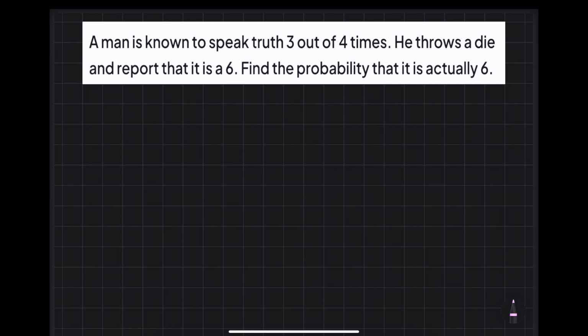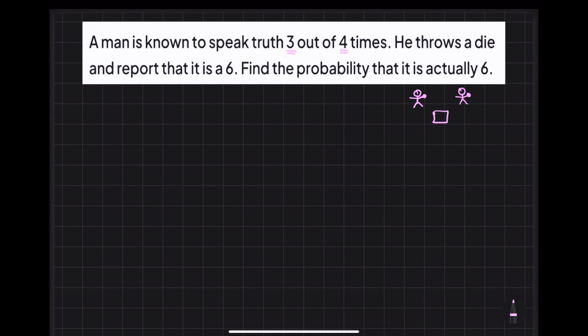So, we got a wholesome new problem: a man is known to speak truth 3 out of 4 times. Suppose that you are talking to your younger brother. Now, the idea is that he speaks truth 3 out of 4 times, meaning once he lies. Okay. So, you are playing